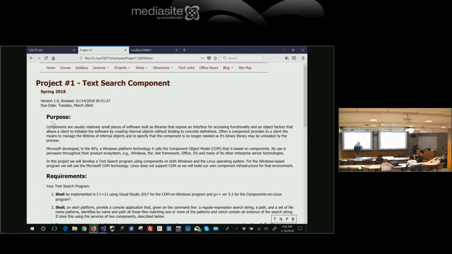What I'd recommend is that you create the C++ guts, the simple part, that's the text search thing, and wrap it up into a component and get it going on Linux. And then as we get close to the presentation for the final project, you'll hear enough about COM to go ahead and proceed and develop the project.